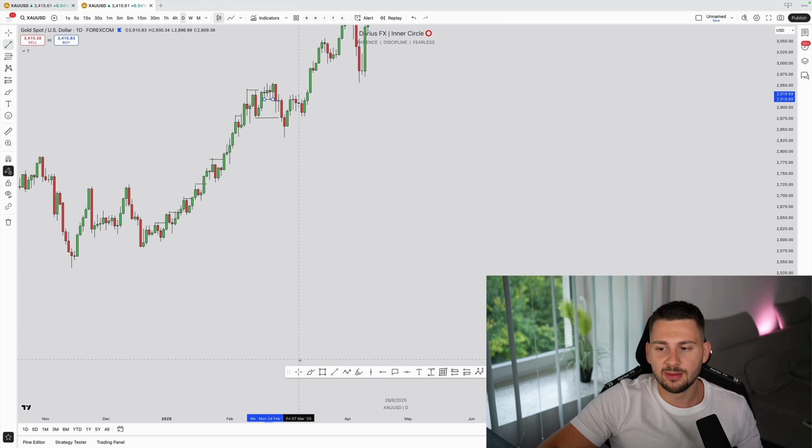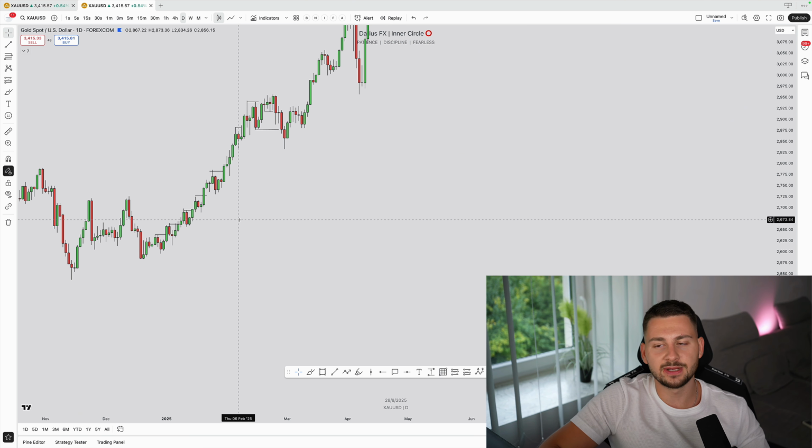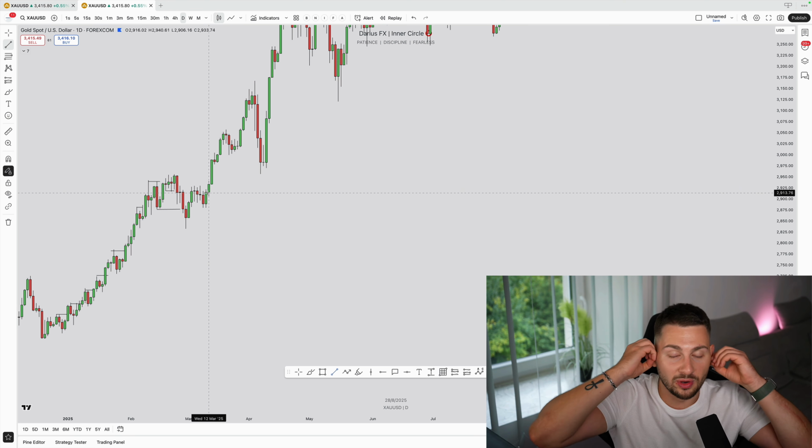It's completely fine. But break in structure, from my point of view, exists on both sides, right? It's either going to be a continuation or a reversal, right? And if you give it different names for that, do whatever you want. I don't care. I would not complicate it. I just say BOS, so I know it broke structure.